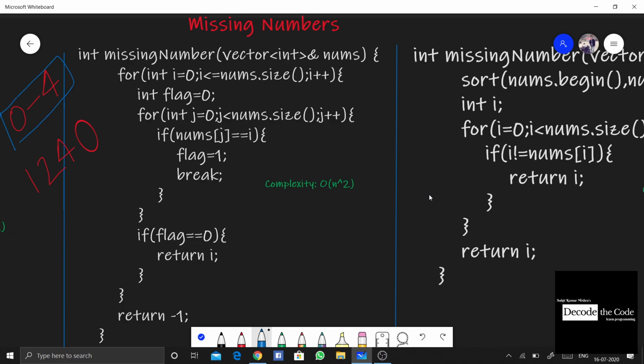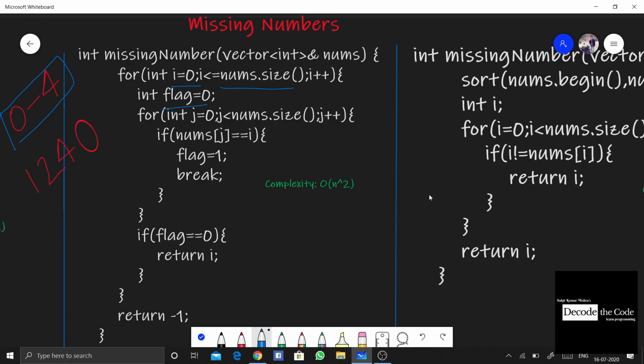So we'll be starting from 0 up till n plus 1, and for each iteration we will set a flag value to 0, and this flag value will only be altered to 1 if we find that element in the list. That means if that element is found, then we won't traverse any further, and we'll break from the loop and continue. But in case the flag value is not altered, we are going to return that number as the output.